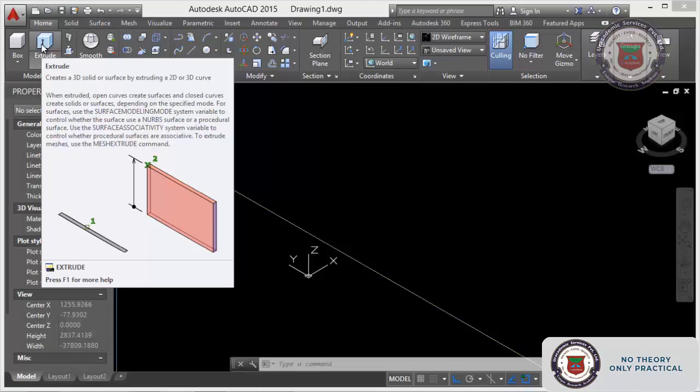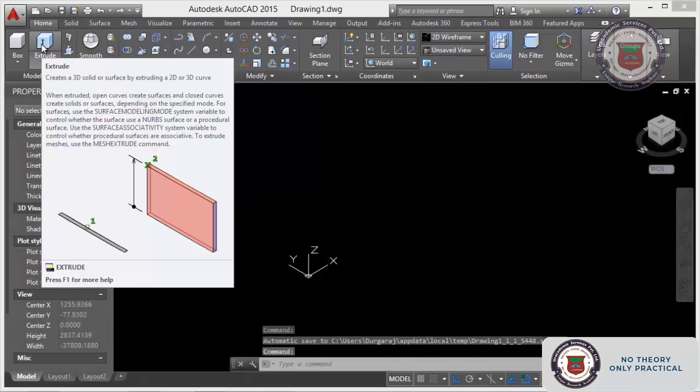For surfaces, use the surface modeling mode. System variables control whether the surface is a NURBS surface or a procedural surface. Use the surface associativity system variables to control whether procedural surfaces are associative. To extrude meshes, use the mesh extrude command. This is the description of the extrude command.